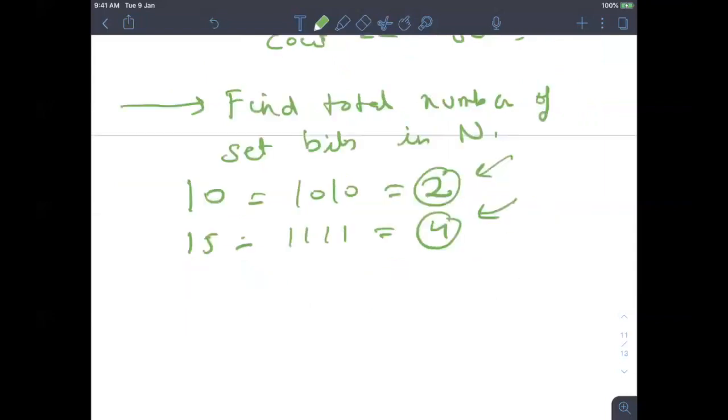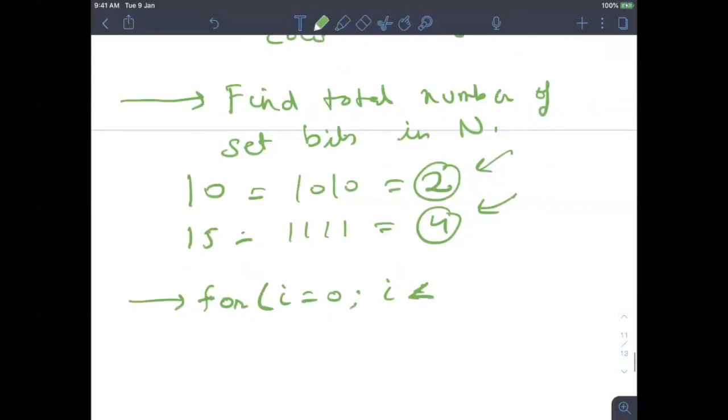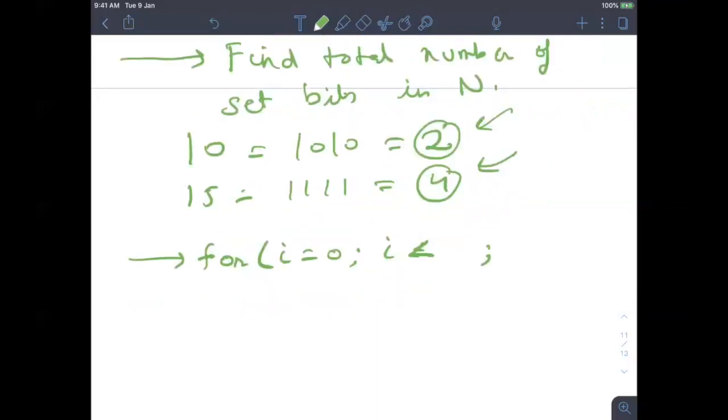So what you can do right now is write a for loop. We have to write some condition over here, i plus plus.